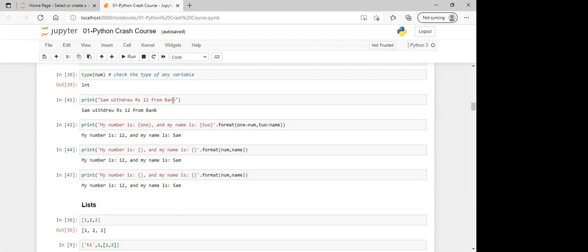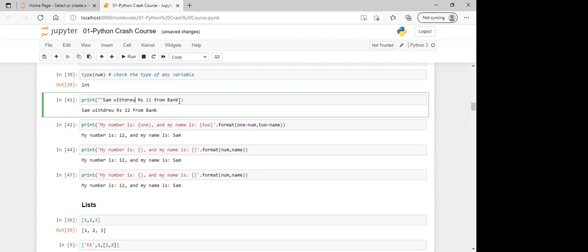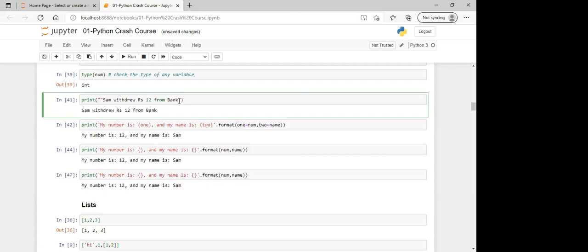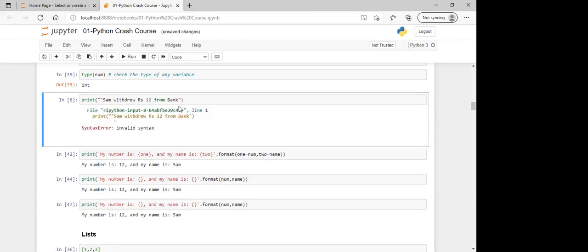So this Sam with rupees 12, it's just a statement. We are directly printing this complete line. In the next line, I am filling this print statement with some variables. Here, if I want to change anything in the line you are currently in, we have to do it manually. So this will not work because every string should be inside single quotes. You have used 2 quotes in the beginning. Yes, sir. I'm checking, sir.